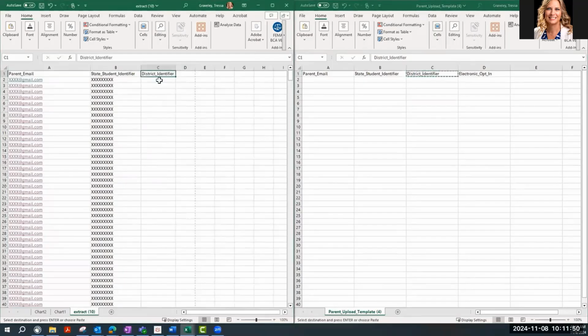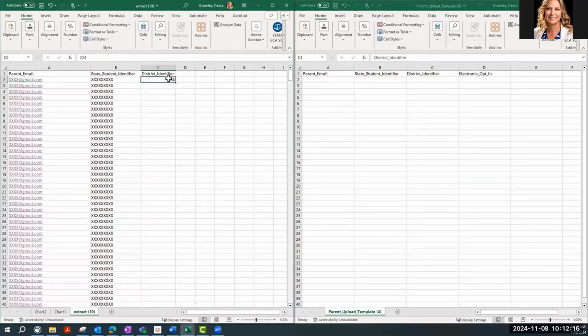And like I said, this 4-digit number can be found in the Kite Educator Portal under Settings and Organization, and then grab the 4-digit code that is associated with the district level org. If you have a district number that starts with a 0 and you're finding that the formatting is not holding